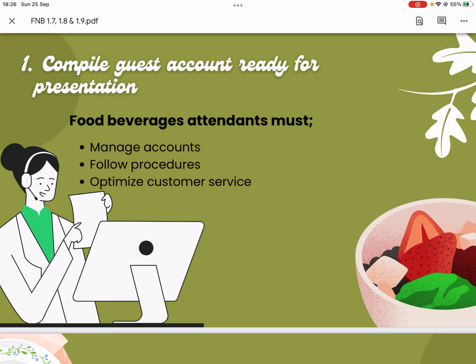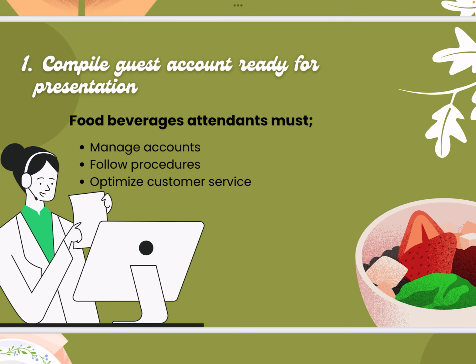Okay, and of course, that should also be followed with the drinks that they have asked for. If they do order wines, if they ask for a beer, everything has to be printed nicely